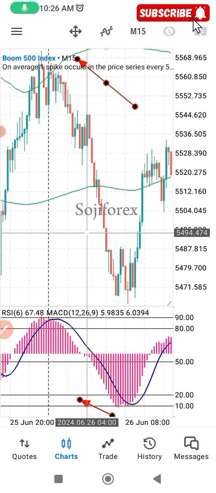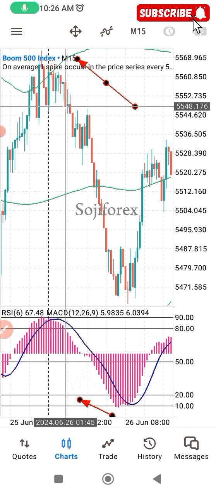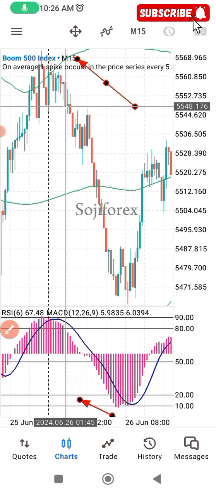And you can see how this plays out. So it means when the price got to this point, this would have been our entry point. Here now is our entry point. This is our stop loss. And you can see how it plays out beautifully. Okay, this is for boom, and let's look